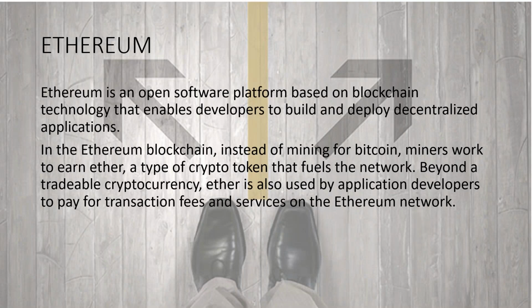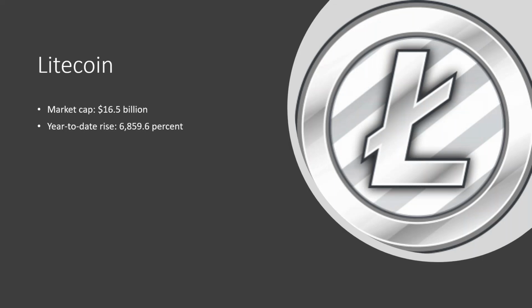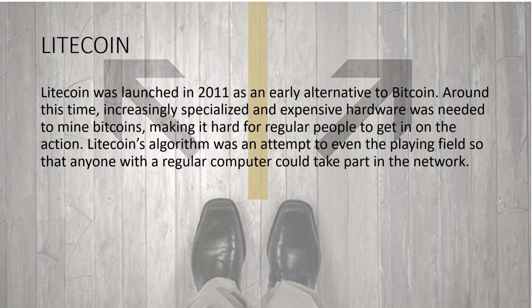We have Ethereum. And Ethereum is an open software platform based on blockchain technology that enables developers to build and deploy centralized applications. And this is where we come up with smart contracts. So Ethereum serves a different purpose than other cryptocurrencies, but it has quickly grown to displace all but Bitcoin in value. Then we have Litecoin